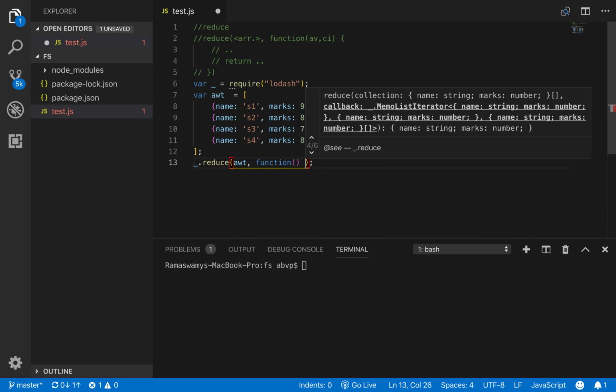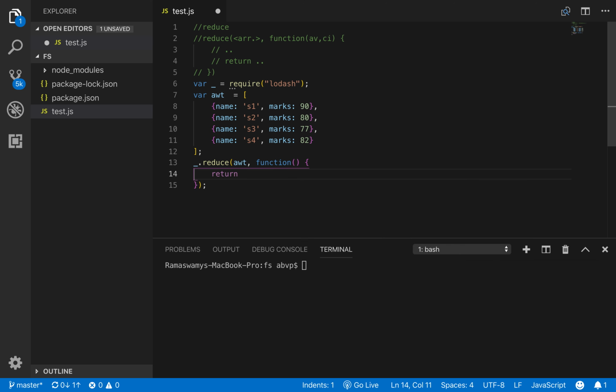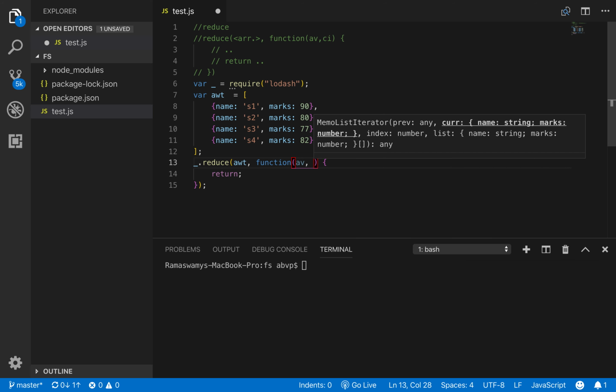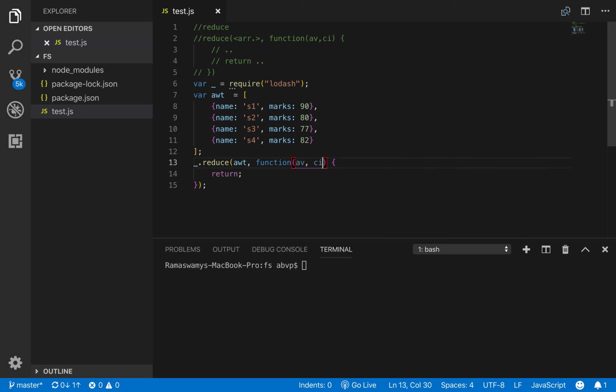So a function that returns a single value. What is that single value? What do we want to do? We want to find the average marks. So let us first of all pass in the two arguments to this function. The first value, let us call it AV, accumulated value. The second argument is CI, that represents the current item.